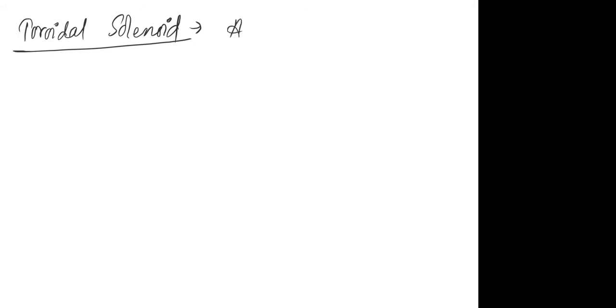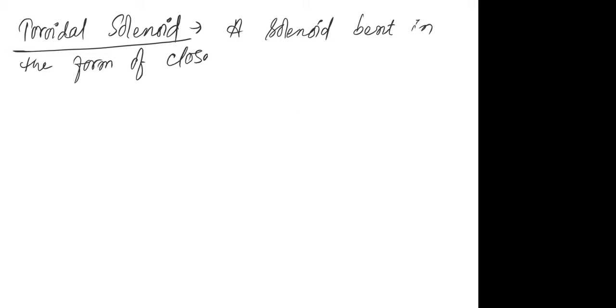If you take a solenoid and bend it in the form of a closed ring, I'll let you know what is meant by a closed ring. In the form of a closed ring, that solenoid will be considered a toroidal solenoid. Did you understand? A closed ring is called a toroidal solenoid